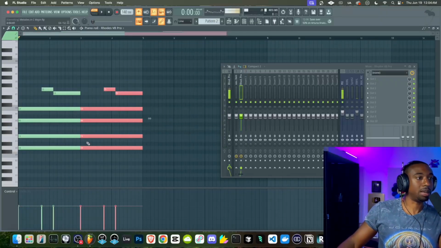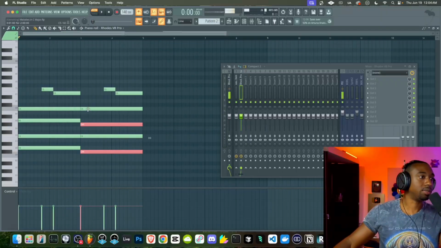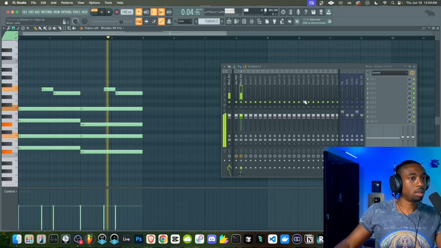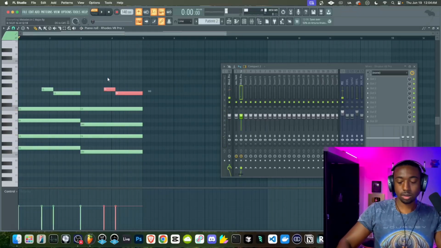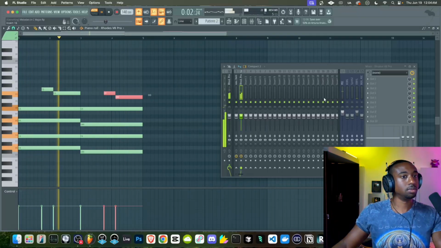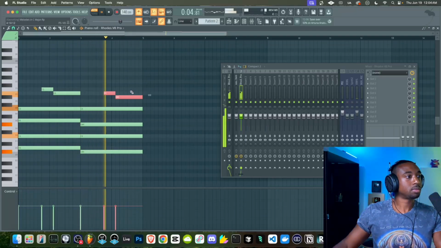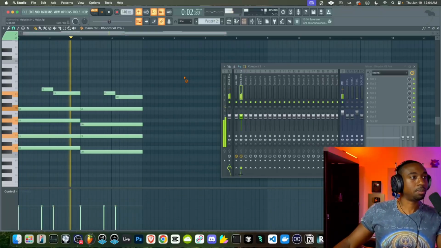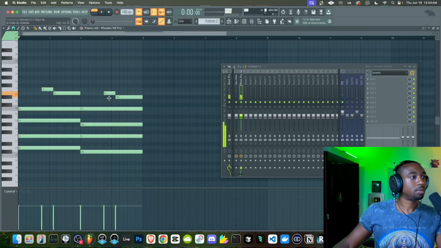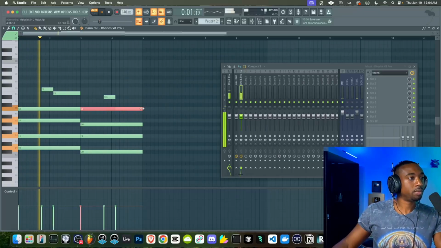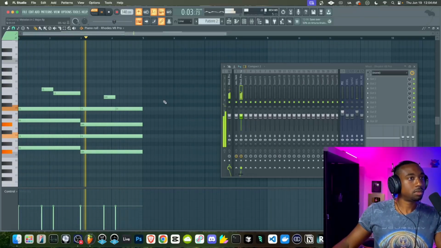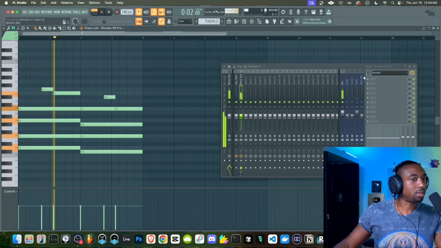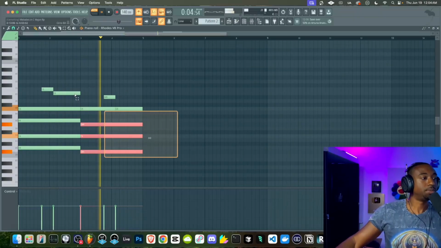What we could do is copy over a minor chord, take the 5th and the tonic, and just drop it down a half step. And then we could change these notes. All right, so now we have that Tyler the Creator type vibe. See how everything's primarily built off of harmony?